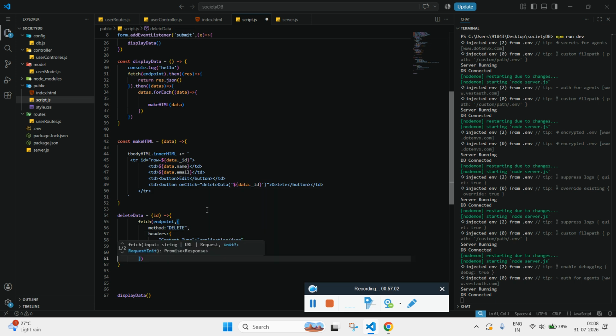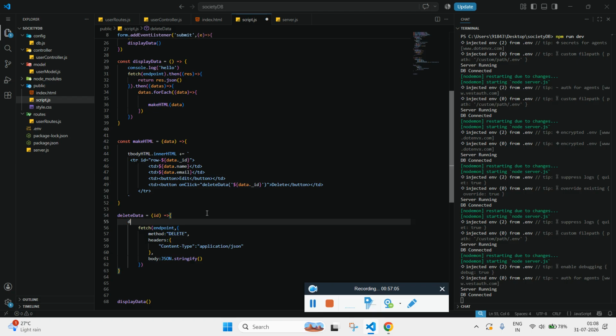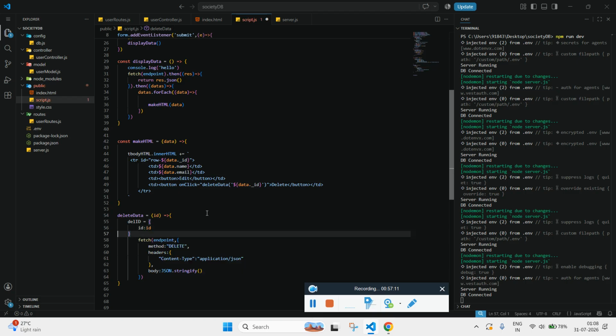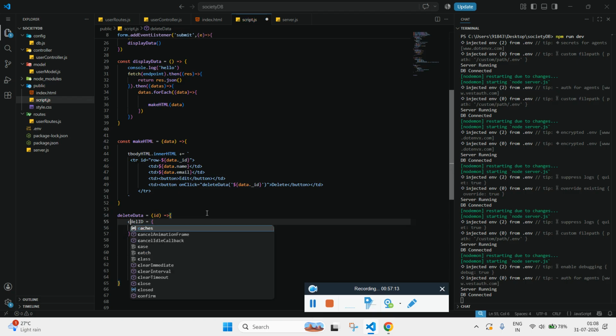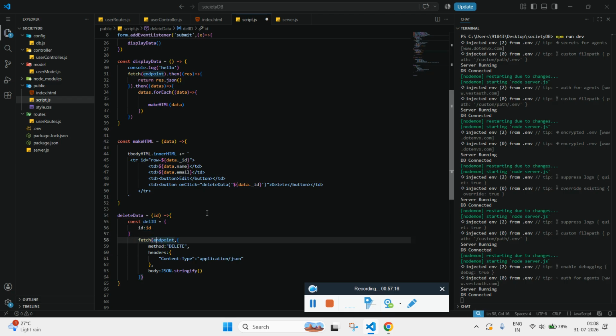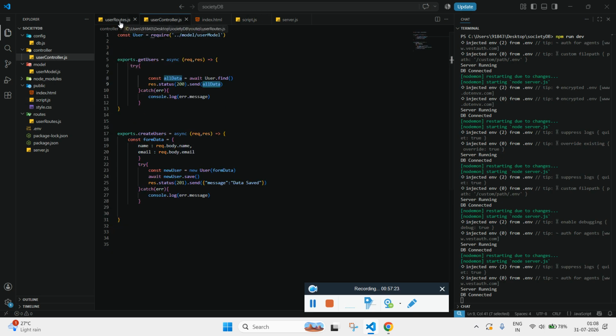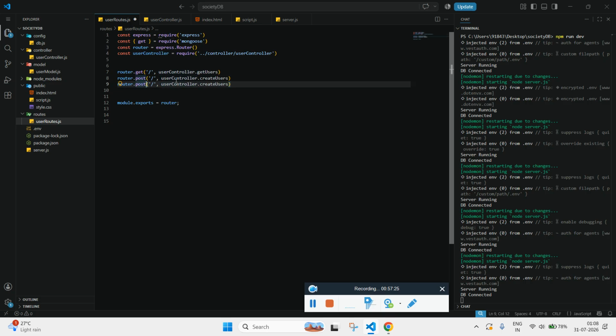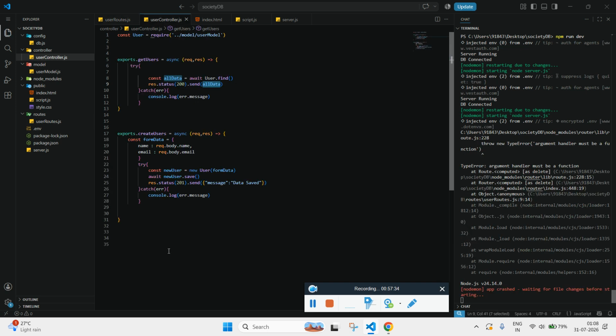We don't have any object yet, so let's create an object, delId, and id colon id. So this is the object that we have created, and we will be passing this delId here, and we can access the delId in the controller. So before that, we have to create a dedicated method delete, and which function is responsible? Delete function is responsible to handle the request